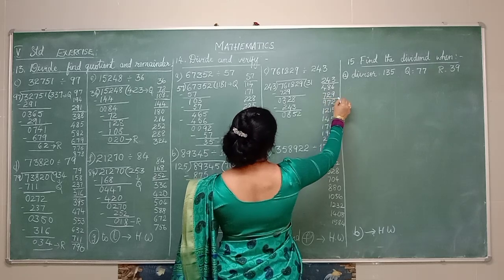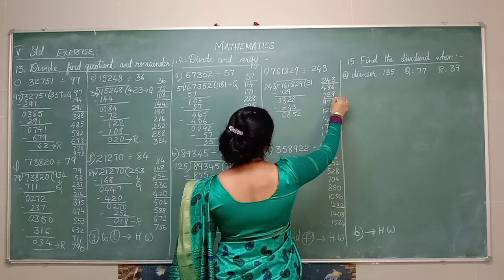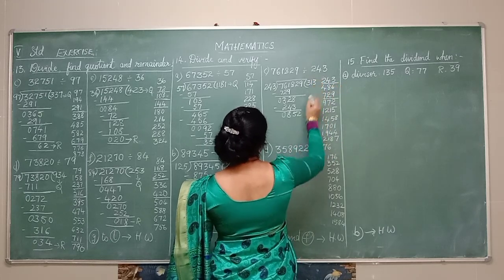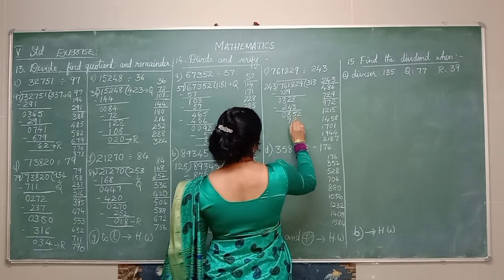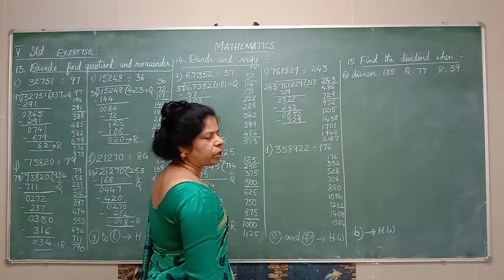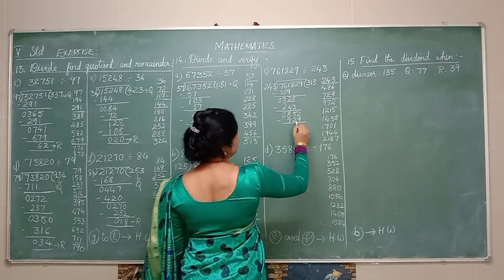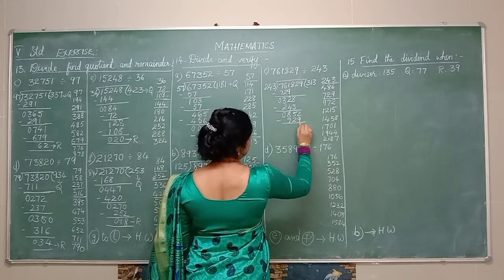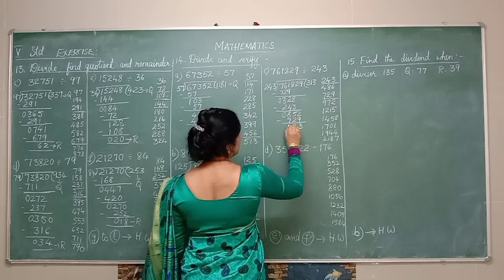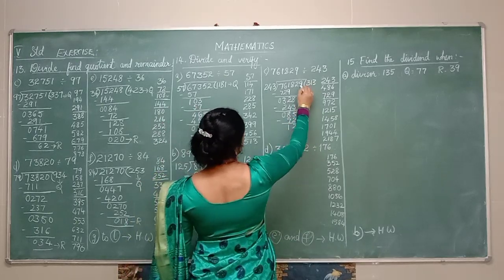Where does 852 come? 852 comes again here only, between 729 and 972. So here it comes. So we have to take this one. 1, 2, 3. 3 is a 729. Minus. So from 2 you cannot minus 9. You are borrowing here. It becomes 12. Here will be 4. 12 minus 9 is 3. 4 minus 2 is 2. 8 minus 7 is 1. Okay. Now you are bringing this 9 down.